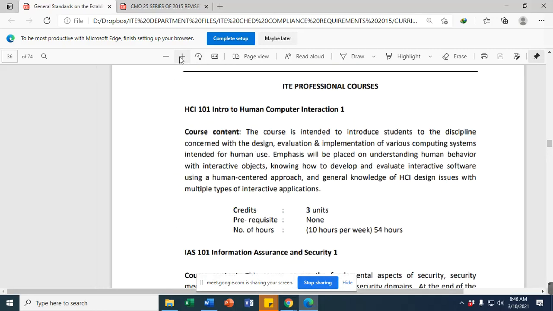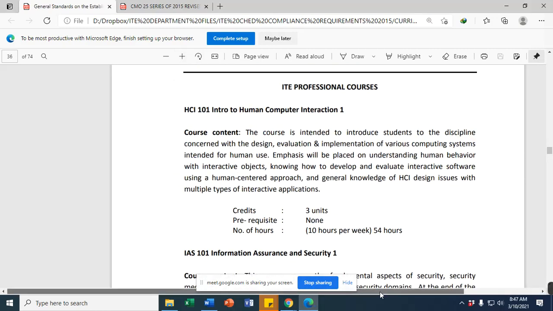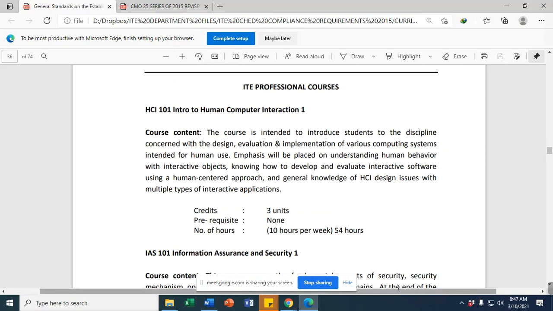So, I'll explain first the content of HCI 101. The course content for Intro to Human Computer Interaction, HCI 101: this course is intended to introduce students to the discipline concerned with the design, evaluation, and implementation of various computing systems intended for human use. So, what will happen here is that we'll be using your proposal, since Archie already has his proposal for his second year subject. And Paulo also has his proposal for